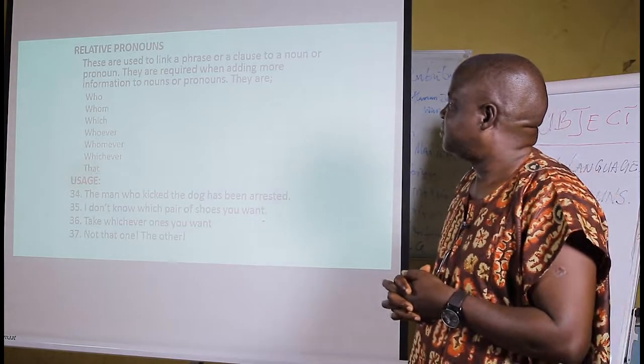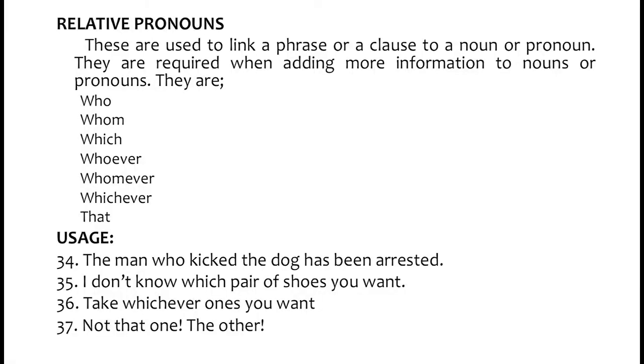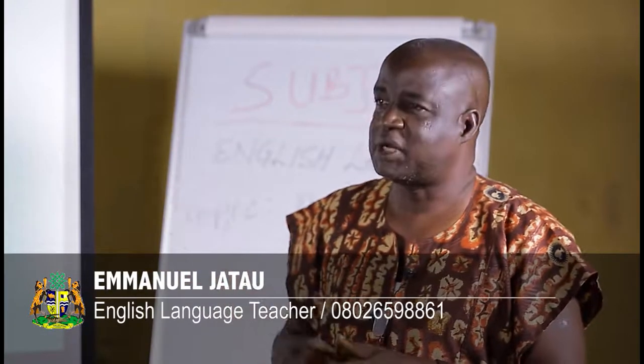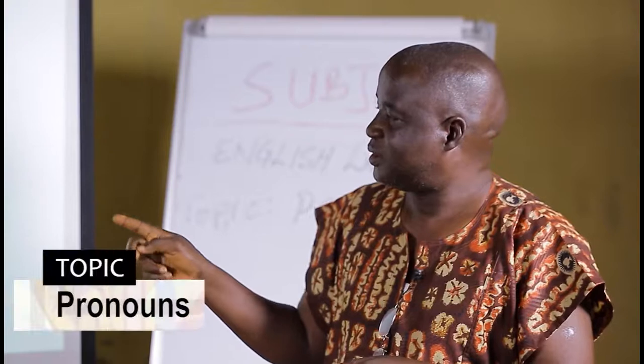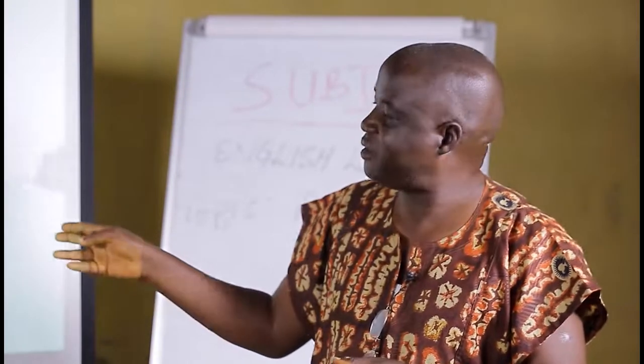Relative pronouns. Now, these are used to link a phrase or a clause to a noun or pronoun. They are required when adding more information to nouns or pronouns. They are who, whom, which, whoever, whomever, whichever, and that. Usage. The man who kicked the dog has been arrested. Who is our relative pronoun there, and it helps us to add more information,